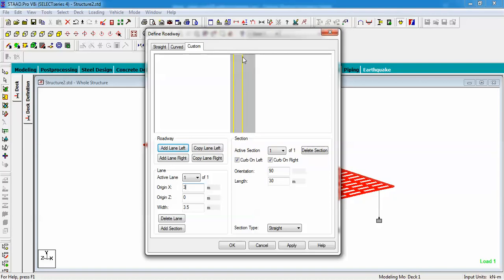So I do not want a curb on this side, so that means it is off. It is my right, that means it is left of my roadway. So untick this particular one. The moment I untick this, you will see it is deactivated. Okay, so now what I have to do is